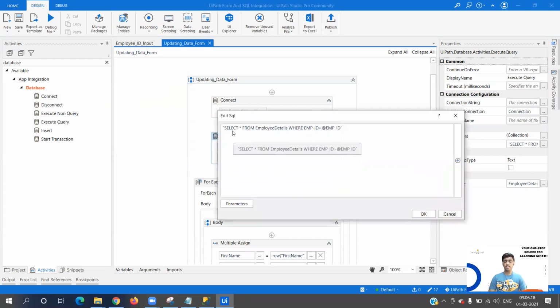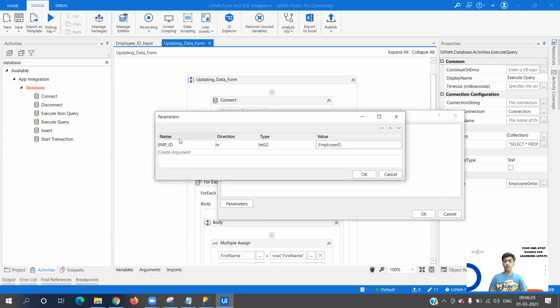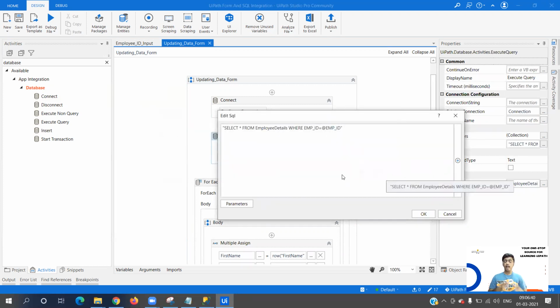If you see, select star from employee details, this is my table name, where my column name employee ID is equal to my parameter @employee ID. Now @employee ID has the value. It is an in argument because I'm passing the value, and it has the value employee ID which I'm receiving from my previous form, right? So this is how I have written a select query.